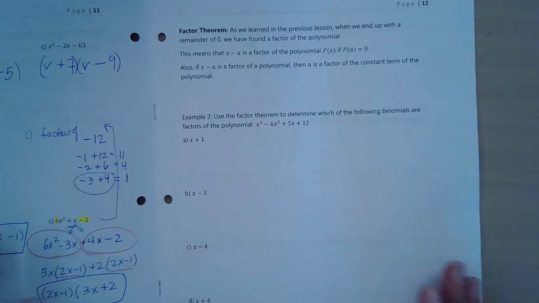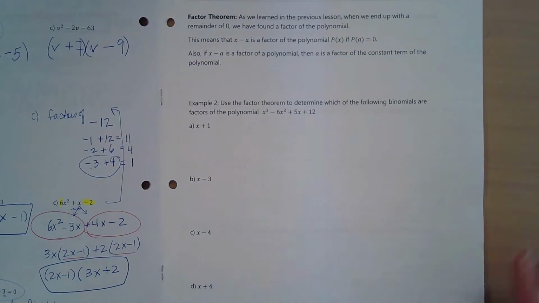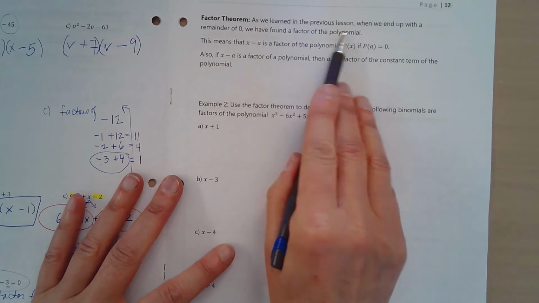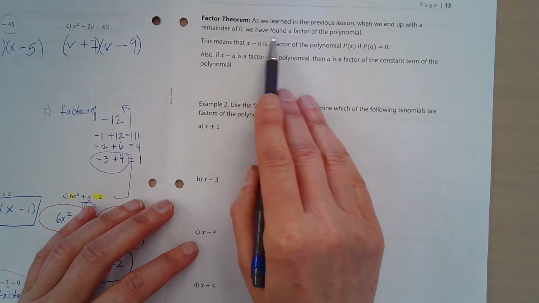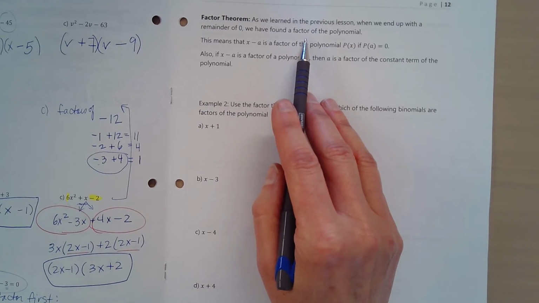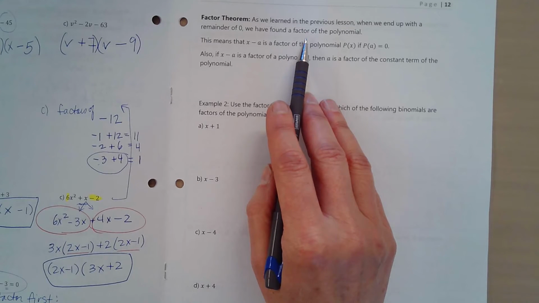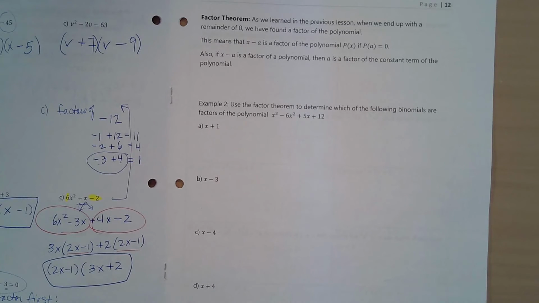The factor theorem and the remainder theorem both have that word theorem. They're really closely related. Some students might even think that they're the same, but they're not quite the same. It says, as we learned in the previous lesson, when we end up with a remainder of 0, we have found a factor of the polynomial. So when we have remainder 0, that's when we can go ahead and do the long division and start breaking that polynomial apart, okay? But the factor theorem goes a little further than the remainder theorem in recognizing